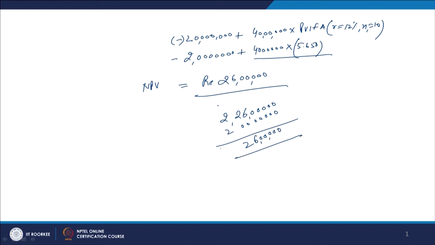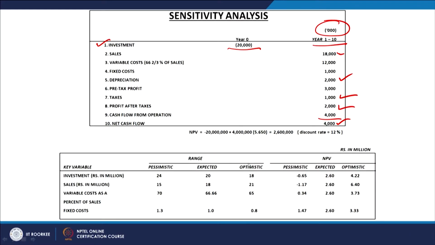This is the NPV of the project, and since the NPV of the project is 26 lakhs, which is a positive NPV, it means the final outcome of this analysis on the basis of the cash inflow and outflow says that yes, the project can be taken up and we can go ahead with the proposal.